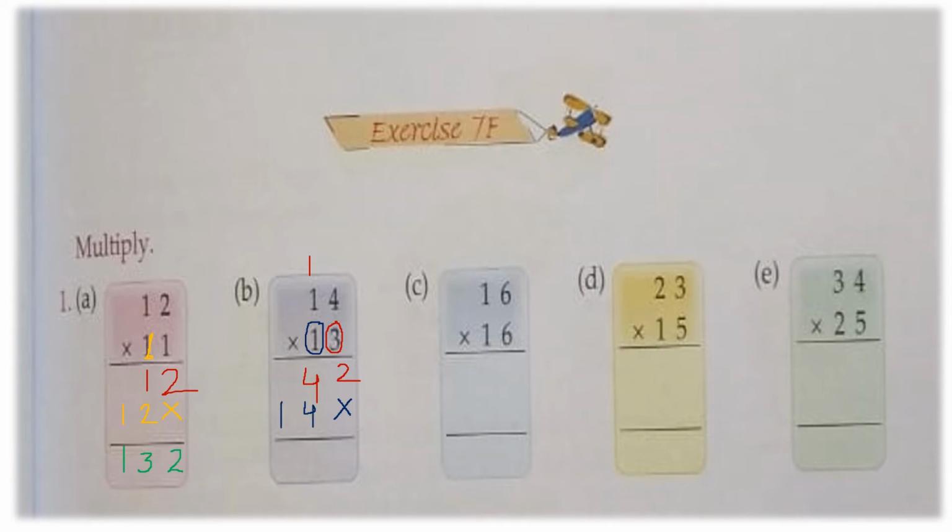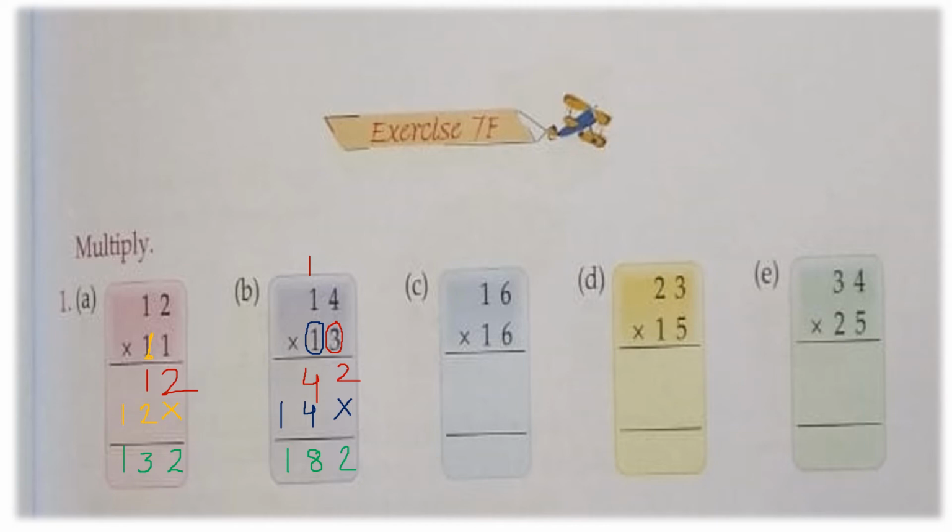Now children, you have to add. What answer will you get, you see? There is no number below 2, so write down 2 in the answer part. 4 plus 4 is 8. And there is no number above 1, so write it down as it is in the answer column. Your answer will be 182.